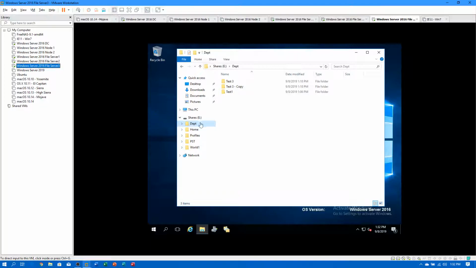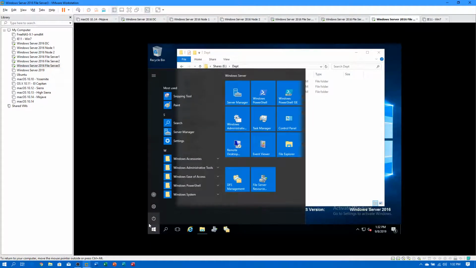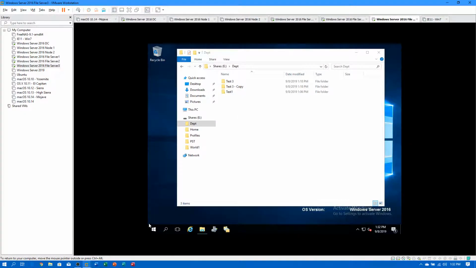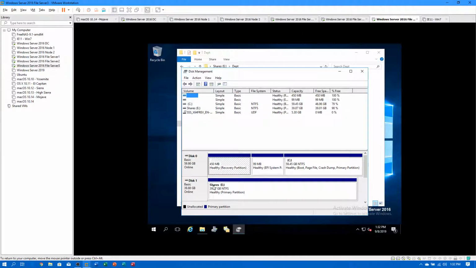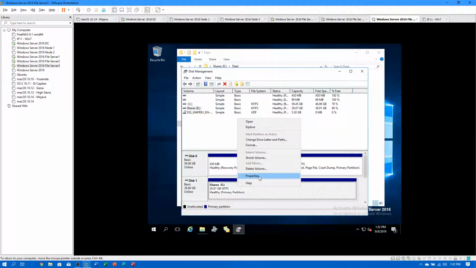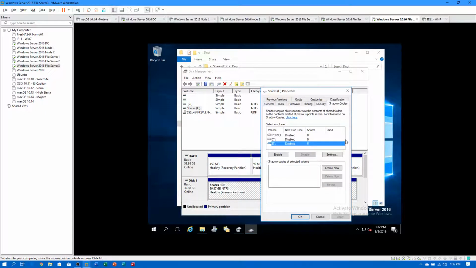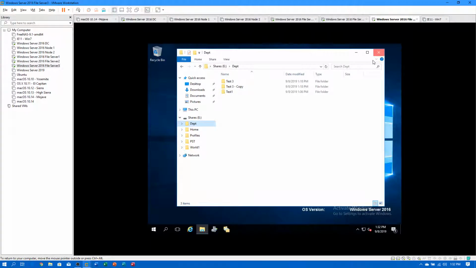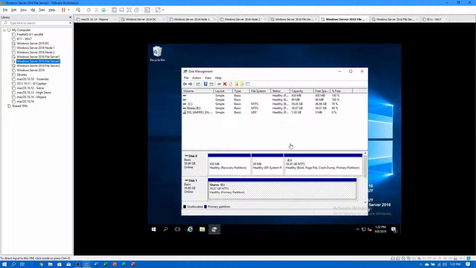Let's go to 3, same thing. I know it's Disk Management, but I say disk manager. So properties again, shadow copies, enable. Okay, so now we're enabled on shadow copies all across the DFS cluster, because this is essentially a cluster